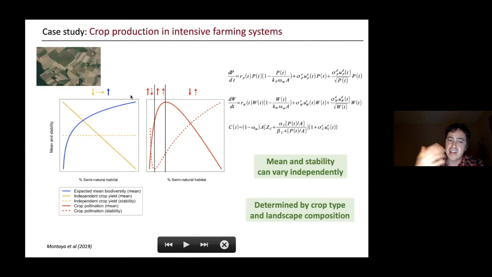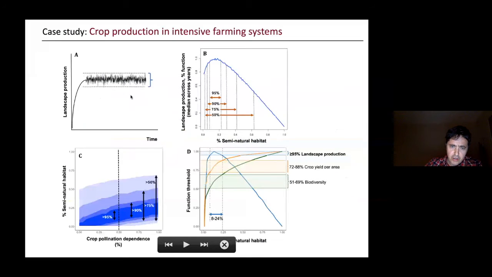Okay, so we base this on a model of crop yield dynamics, which I'm not going to go into detail about, but this model was used to quantify these 3 ecosystem services that I was talking about, and it was able to reproduce trade-offs that have been observed by empirical studies, and these trade-offs manifest not only in the mean values of the ecosystem services, but also in their stability or in their variability through time. So essentially,